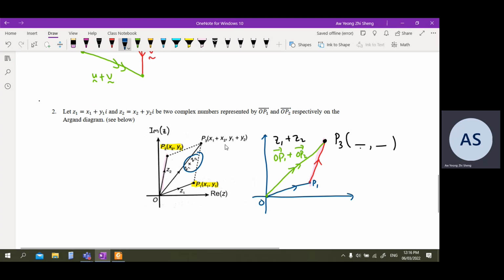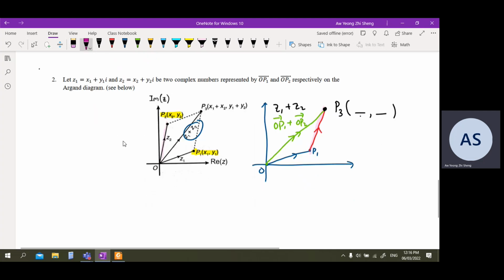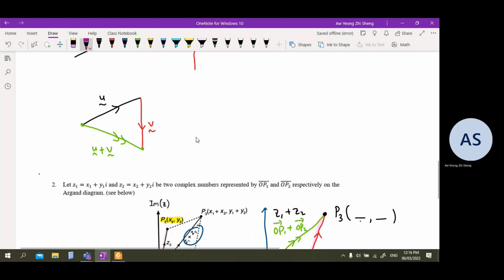Okay. So in the printed diagram, it actually shows you how to obtain the resultant vector, the vector OP3, by using the parallelogram law. What I draw separately on the right is by using the triangle law, but the effect is the same. Okay. So the parallelogram law is actually something that you have learned before in the chapter of vectors. Recall that when you add up two vectors, for example, the vector u and v